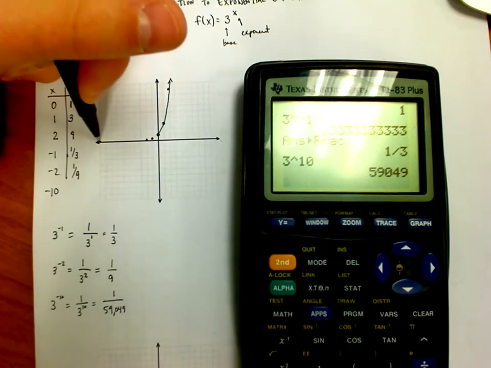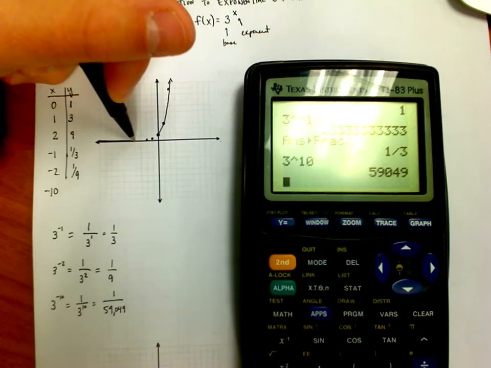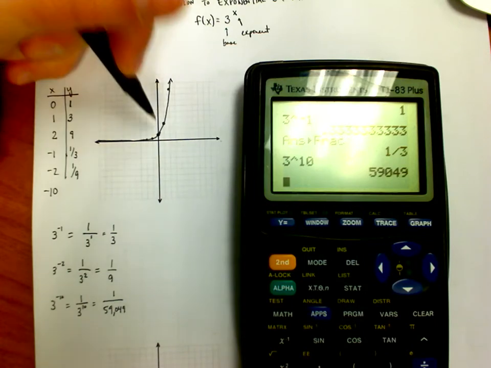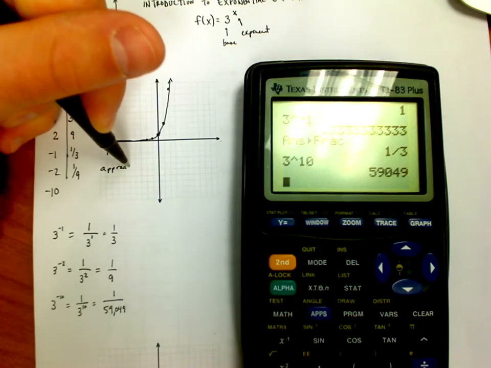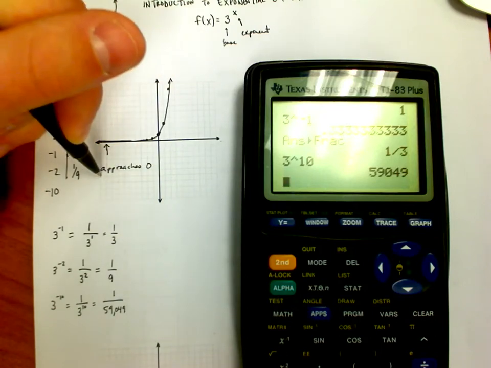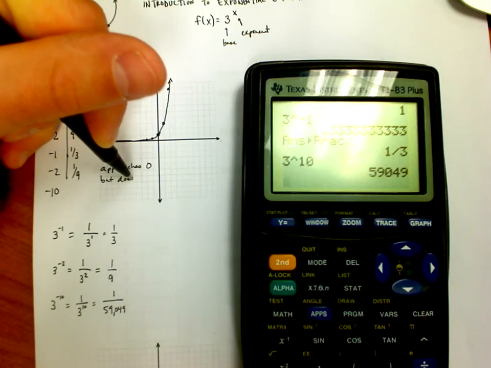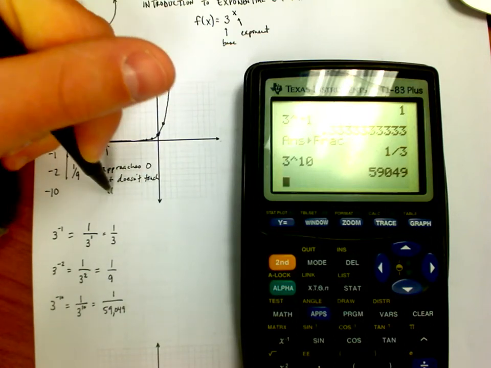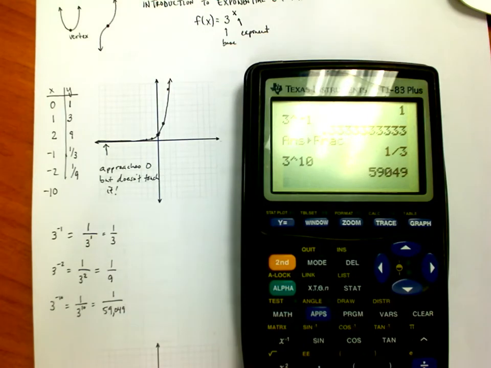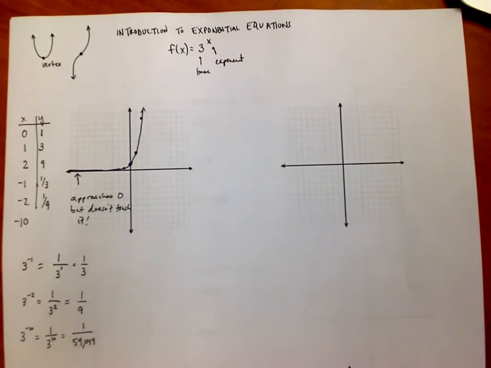And so we see an interesting property develop, and what happens is this line here, right there, it approaches 0, but doesn't touch it. And we're going to deal with that in a second video, okay? The main thing here is I want you to understand, before I shut off this video and go to the next one,